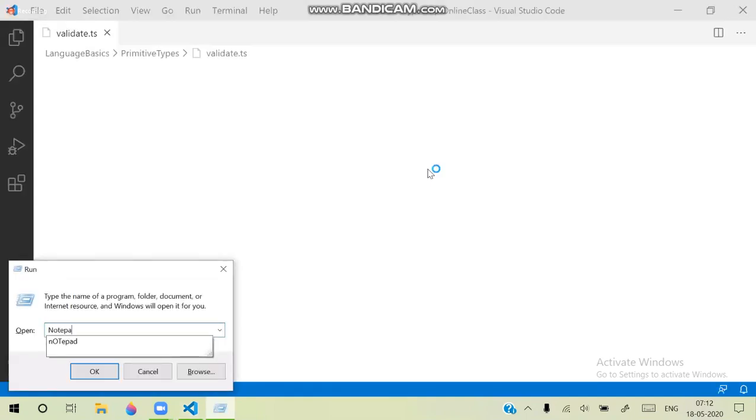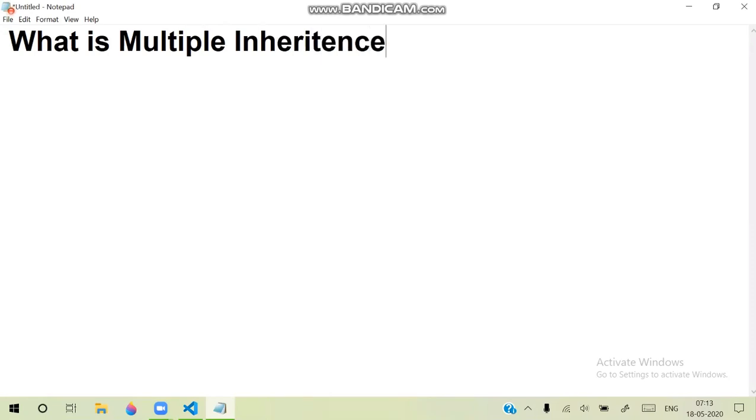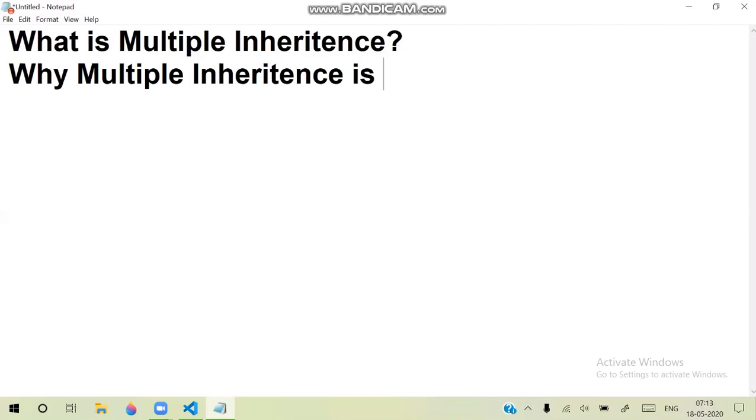In inheritance, we discussed the point: what is multiple inheritance, and why multiple inheritance is not supported for classes.